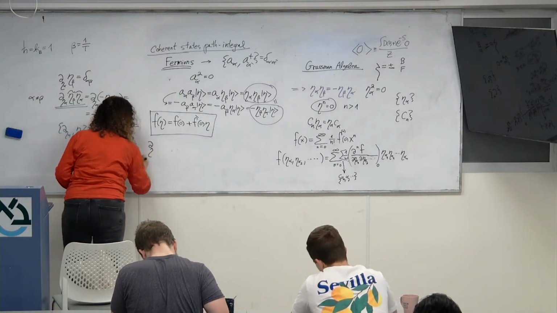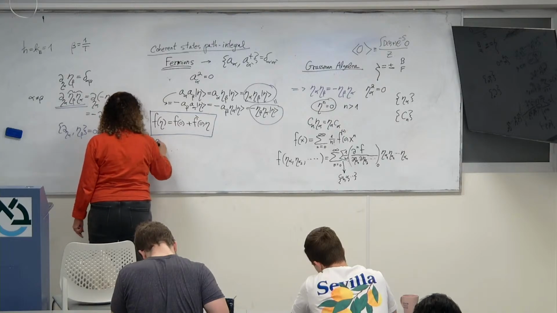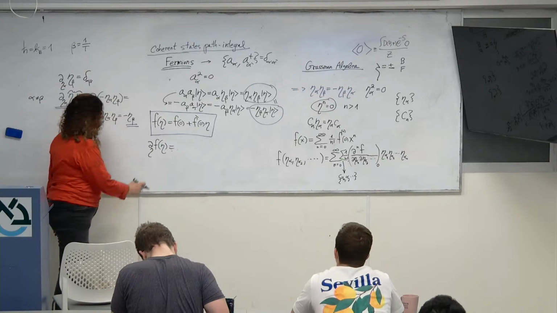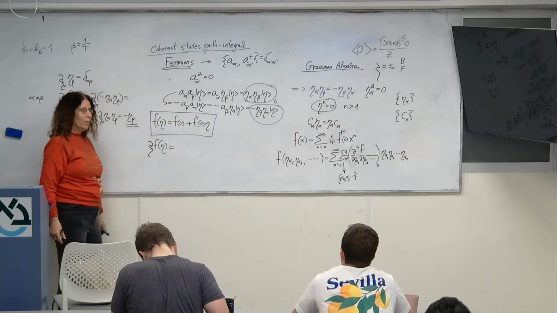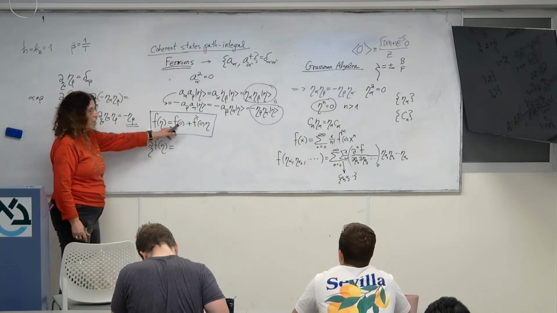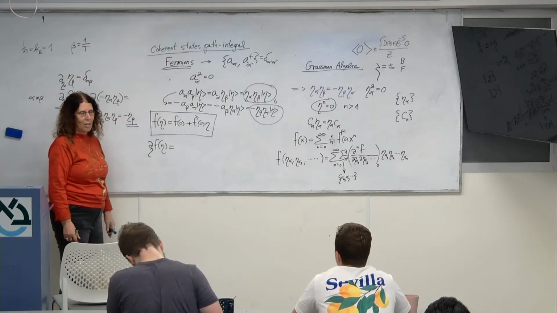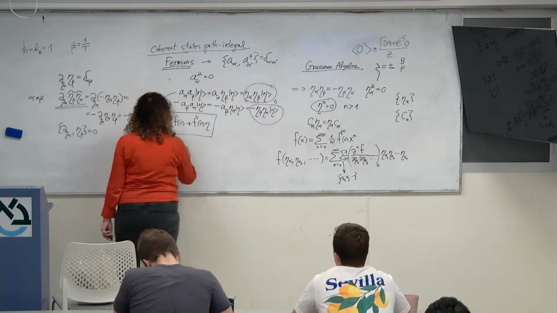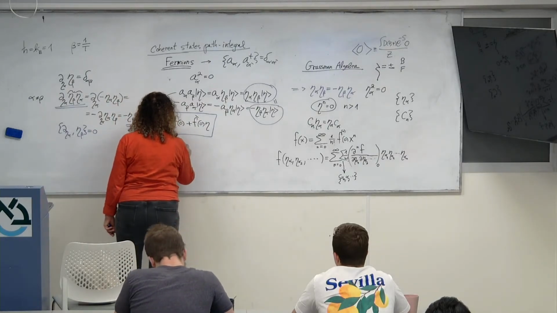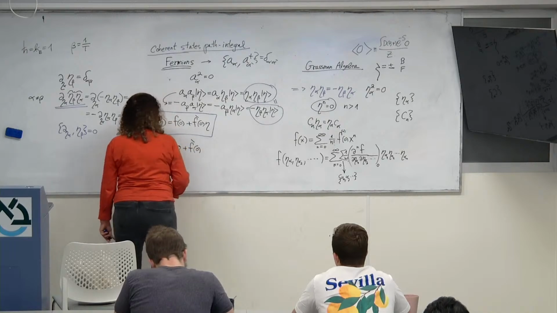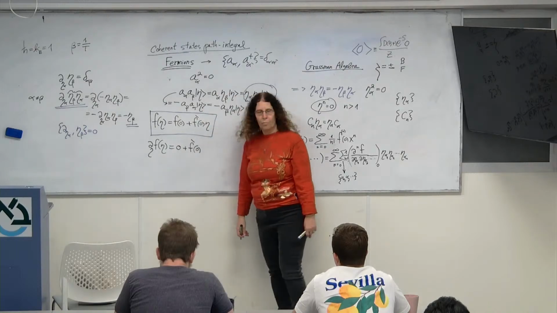The derivative with respect to eta of f of eta is, let's do the calculation, a very simple one. The first term gives you 0, right? It's a derivative of a constant, it does not depend on eta. First term is 0. The second term gives you